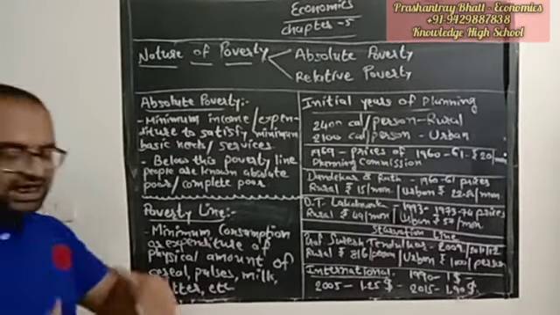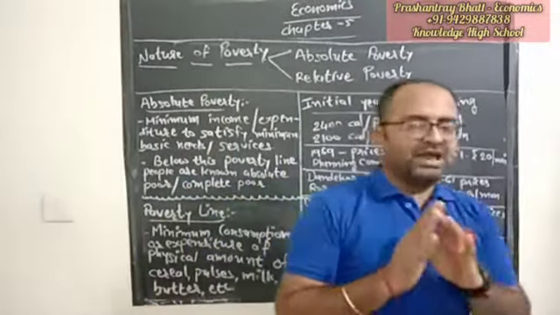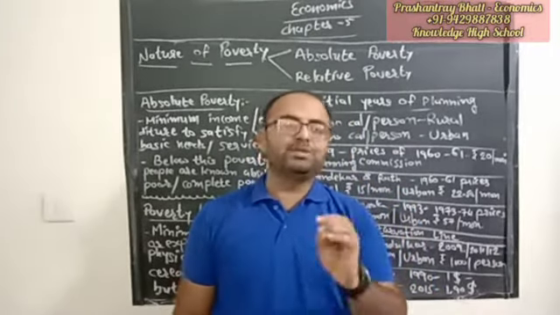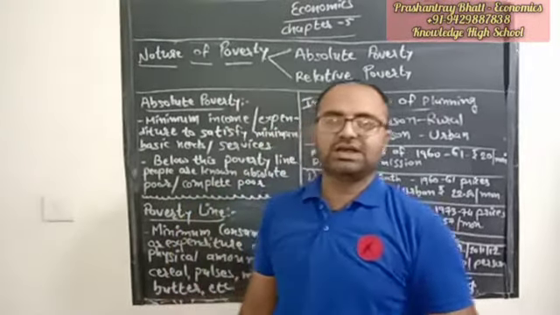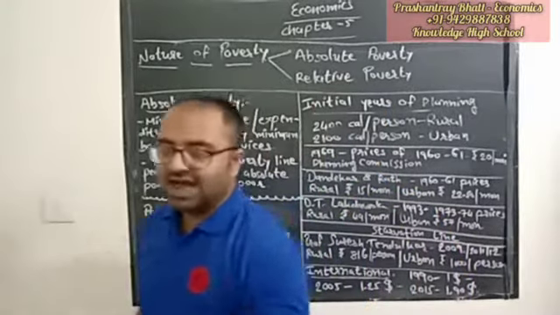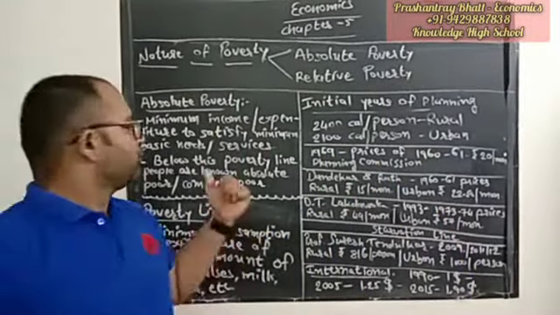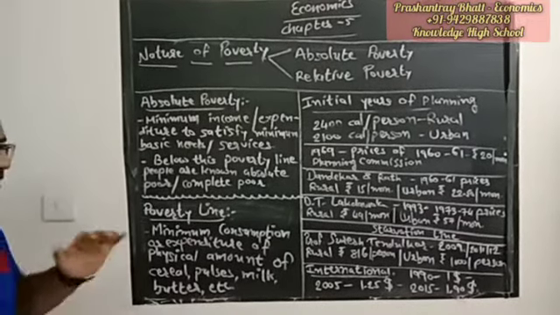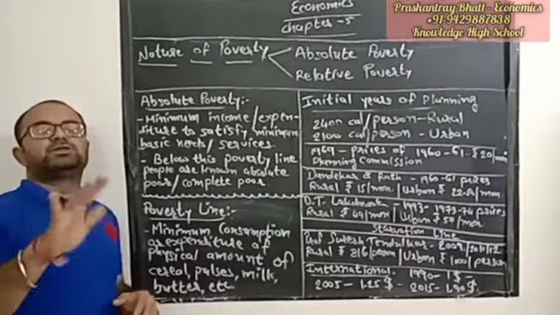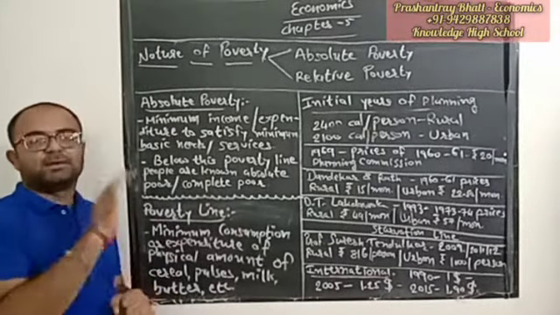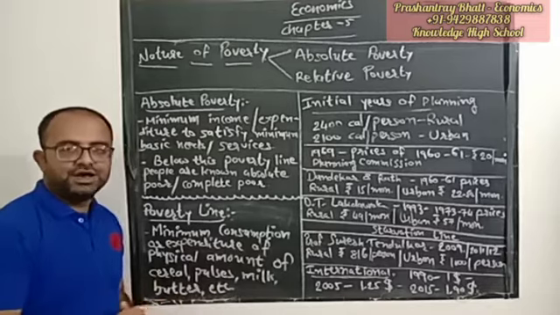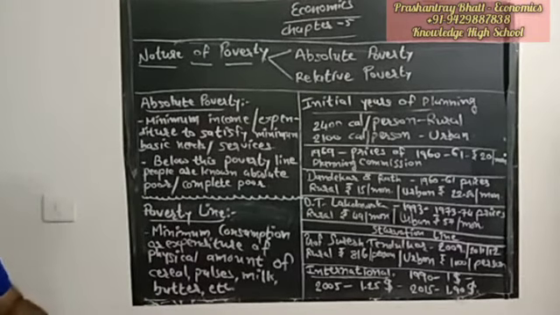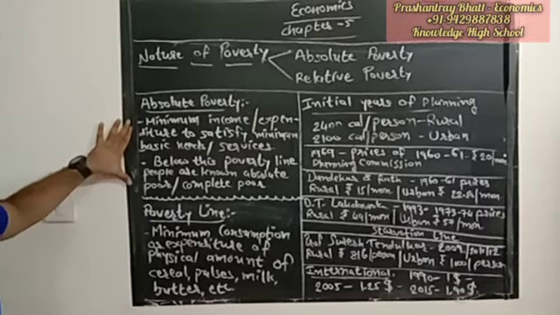Now, the income level which has been defined as the minimum requirement to be spent or earned by a person so that the person can have proper food and can survive well is known as the poverty line. Below this poverty line, people are known as absolute poor or the completely poor. Those below the poverty line we will call absolute poor, meaning in reality this person is poor because he doesn't have proper earning. And such poverty we also call complete poverty. So from that we come to know about the poverty line.